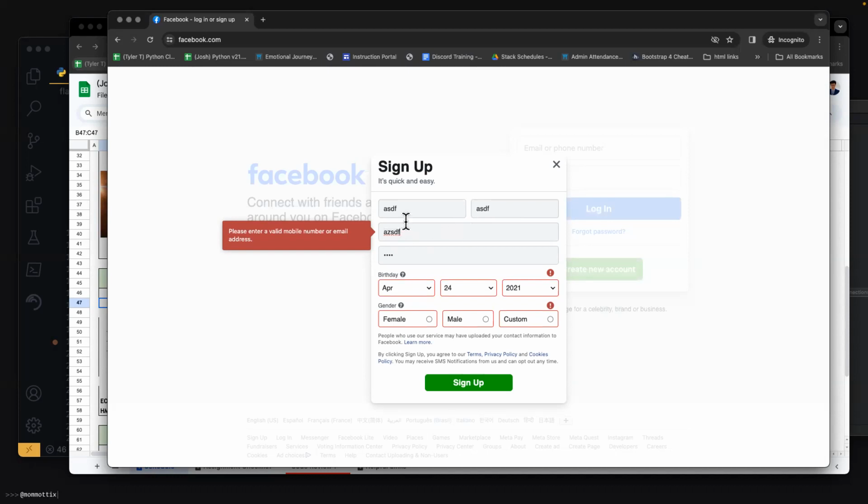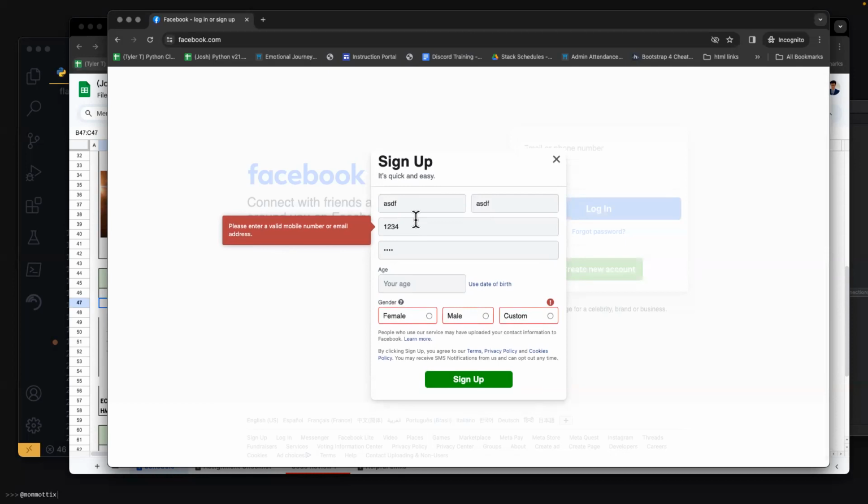So let's see what this is telling us. It's saying enter a valid phone number or email address. Okay, so if I say 1234, is that a valid phone number? If I say sign up, it still tells me no, it's not a valid phone number. So it knows what a valid phone number would be, it has to be a certain amount of digits. What if I do a certain email address? If I say 1234 at 1234.com,